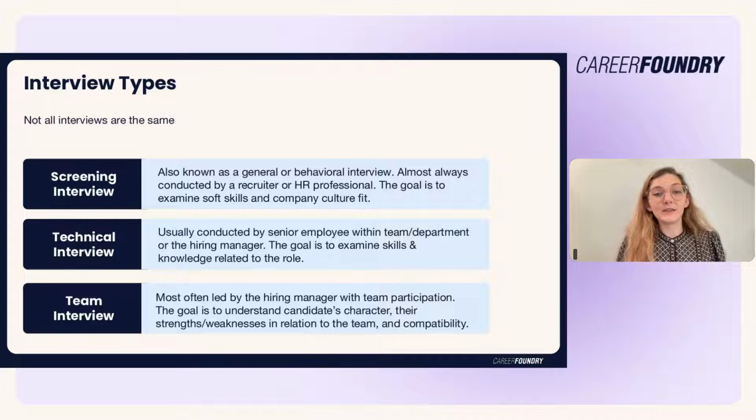And this is almost always led by the hiring manager of that particular team that is recruiting, with the other team members' participation. And the goal is really to look at the holistic picture: what the recruiter has said about this person, what the interviewer got from the technical interview, and then understanding the candidate's character, their strengths and weaknesses in relation to everyone else on the team, how that plays in, and looking at simply the compatibility between the team that they already have now and this person that they're interviewing for. So